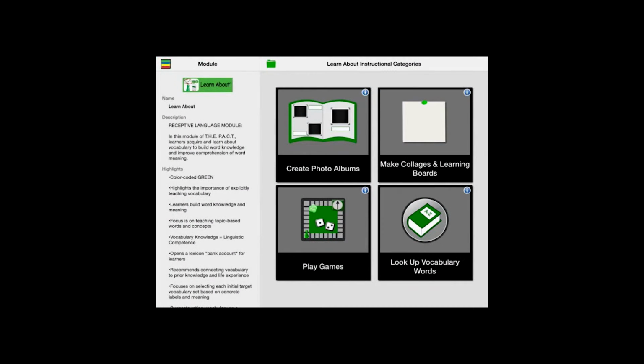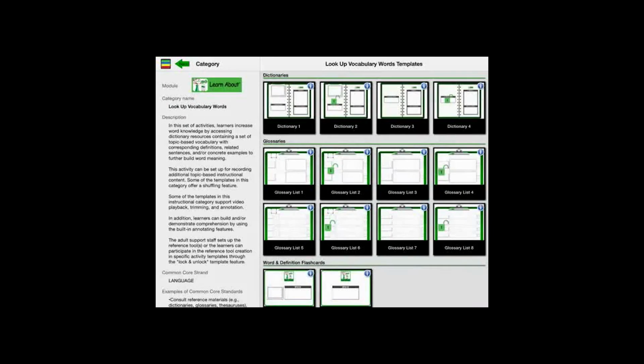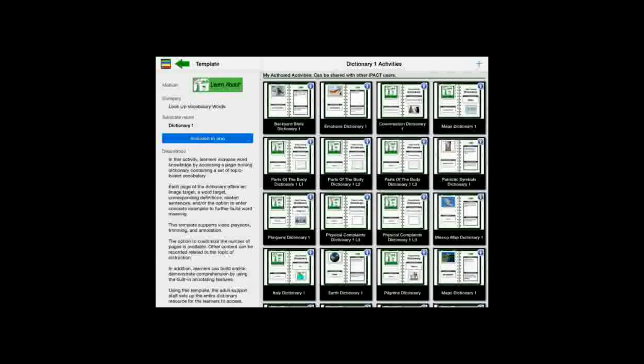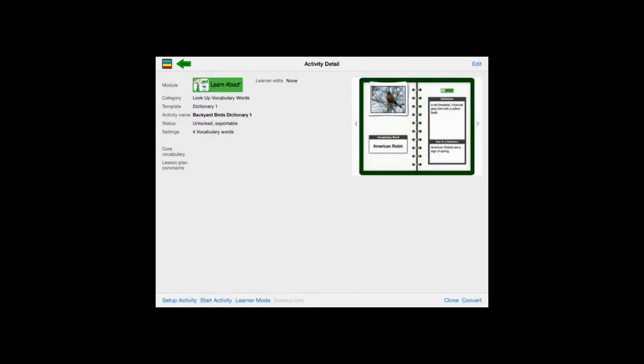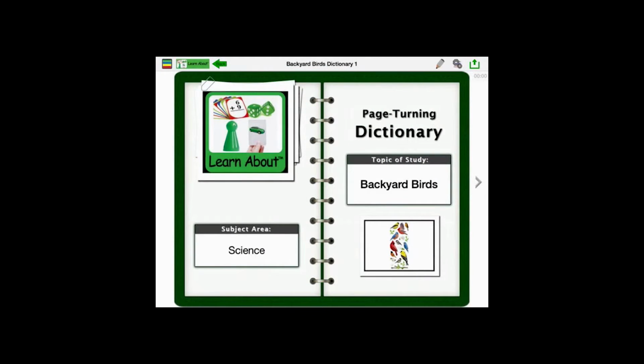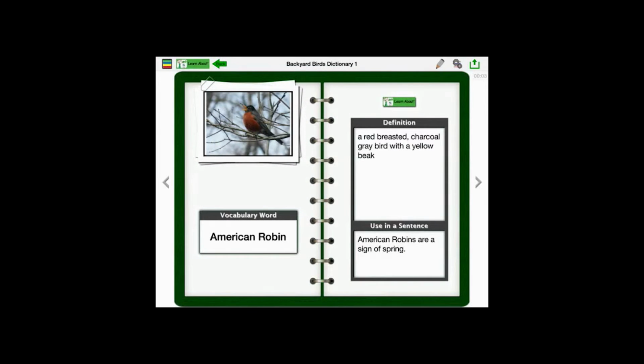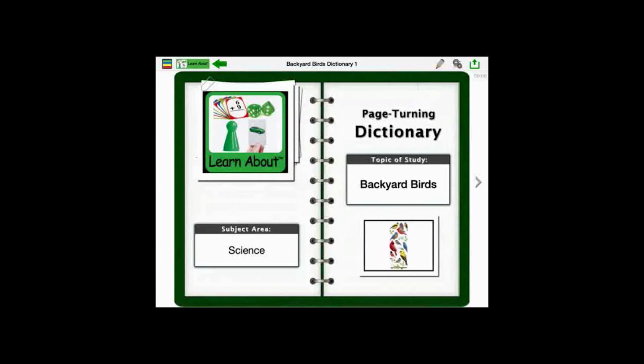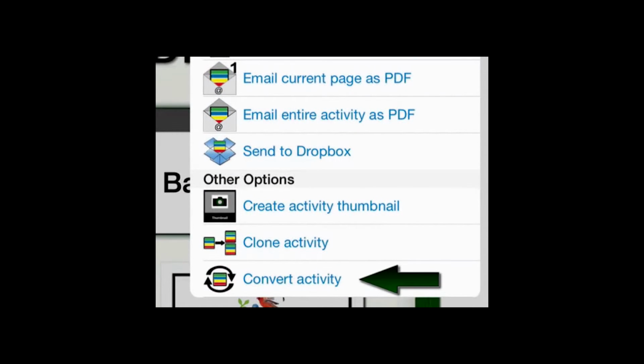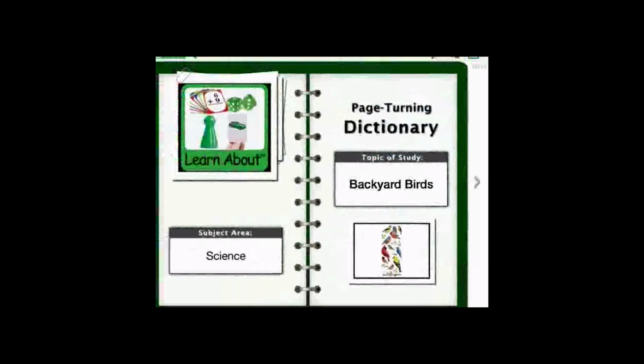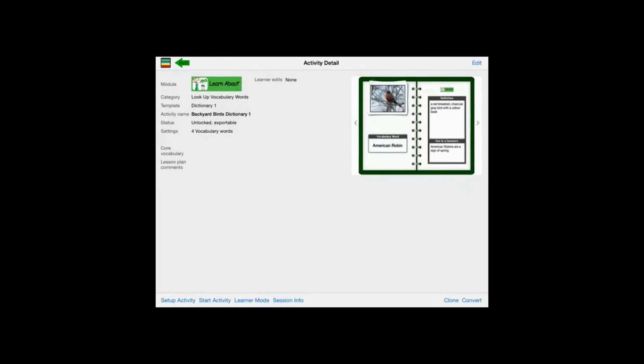Converting an activity in the iPact app system. The Convert function allows you to transfer content from one activity to a different one within the same module or a different module in seconds. The Convert function can be accessed from 2 locations in the iPact. From the sharing menu when you run the activity, or from the Convert button located in the activity detail page on the bottom toolbar in the right corner.